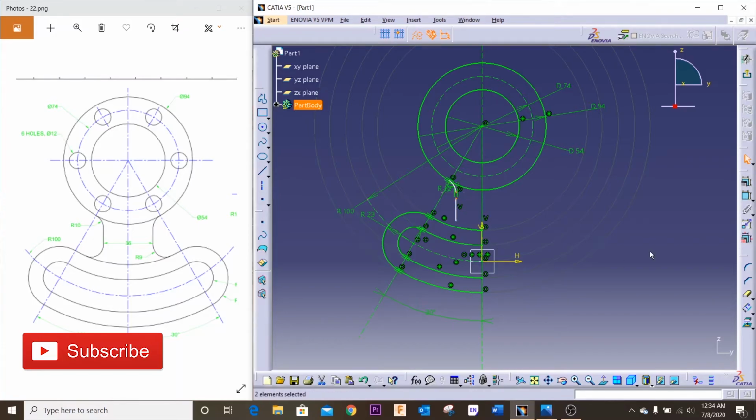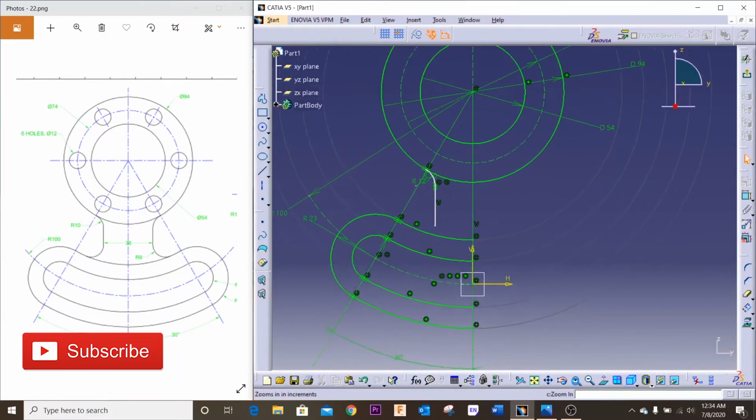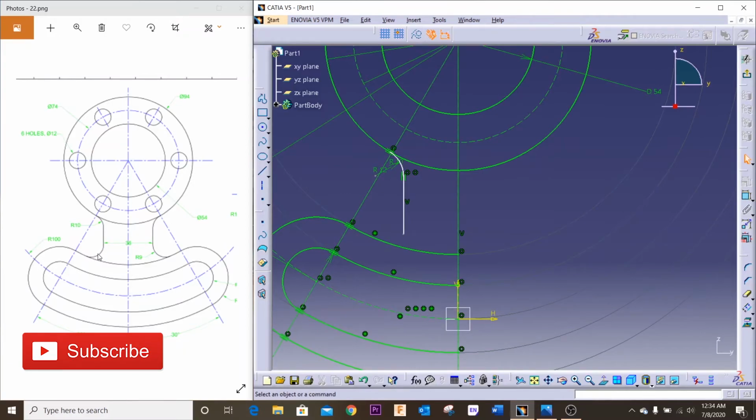So make it coincident. Okay. I'll zoom it in a bit. Yeah. Now we have this radius as 9. I'll trim off this section that we don't need. Wait, is it? Yeah, and then, yeah, of course, we do need this